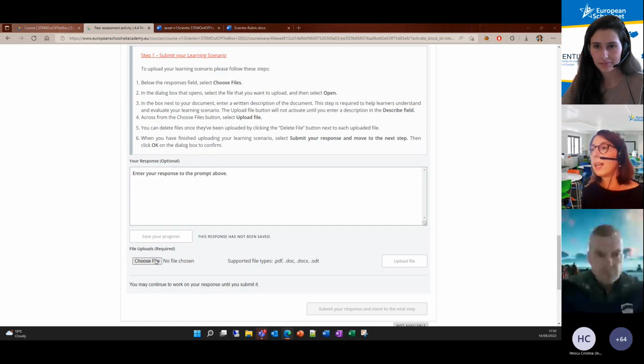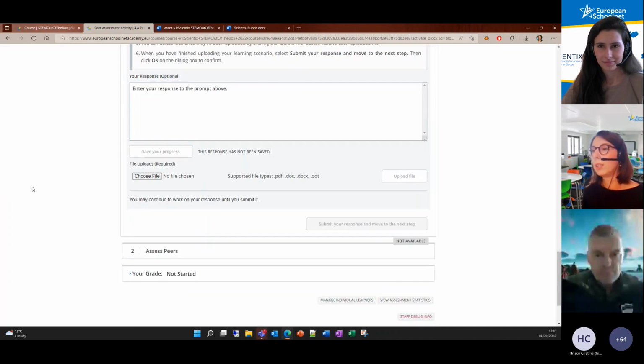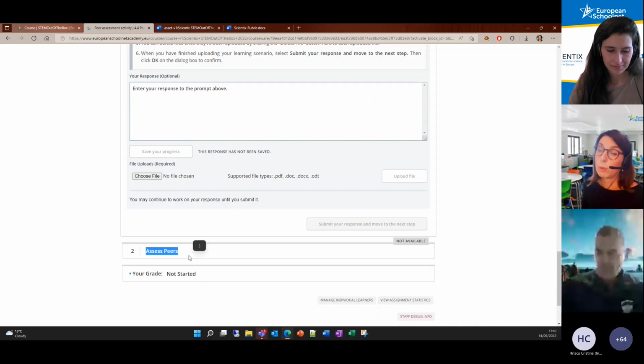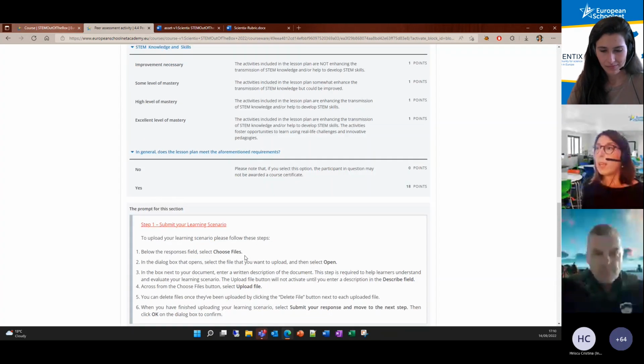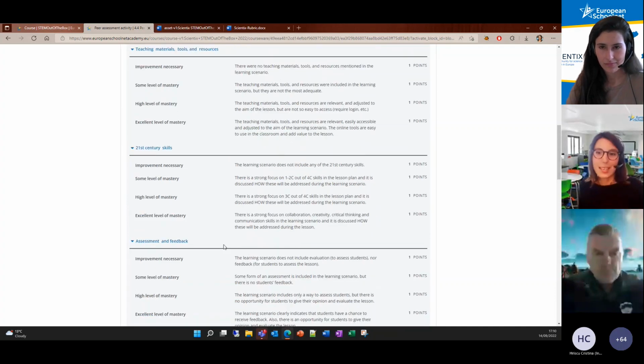You will have to then select the file you wish to upload. You will upload it, save it, add a short description, and then upload it, and only then you will be able to move to step 2, which is assess your peers. Don't worry if you didn't get all this